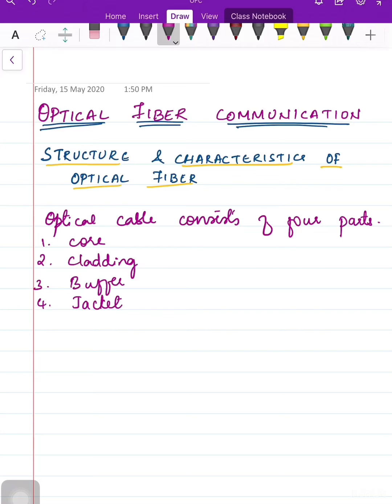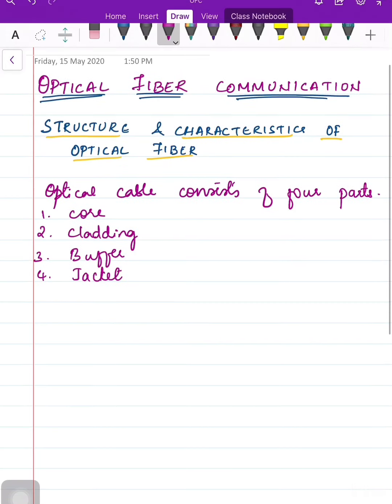As I told you, the diameter or size of the core depends upon the application it is used for. Due to internal reflection, the light traveling within the core reflects from the core-cladding boundary also. So this is the role of the core in the optical fiber. Let me put some points over here, so you will get to know how it is in detail.